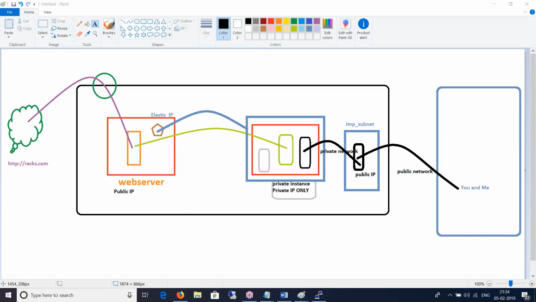So let's use this analogy. At your home, you've got a laptop, and you access the internet through the router. You can access the internet through the router, but nobody from the external world can access your laptop with the help of an IP address. Even if they know the IP address of the router, they cannot get into your laptop or your mobile phone or your iPad. That is nothing but a NAT.